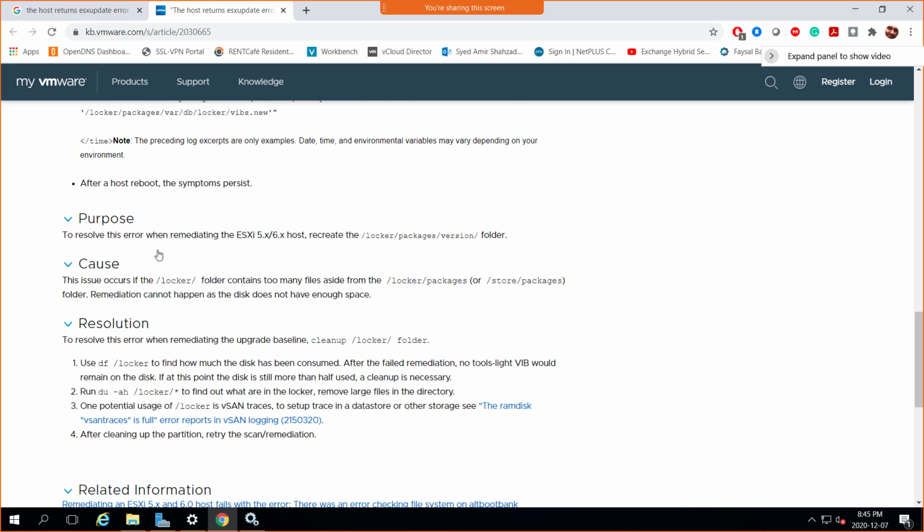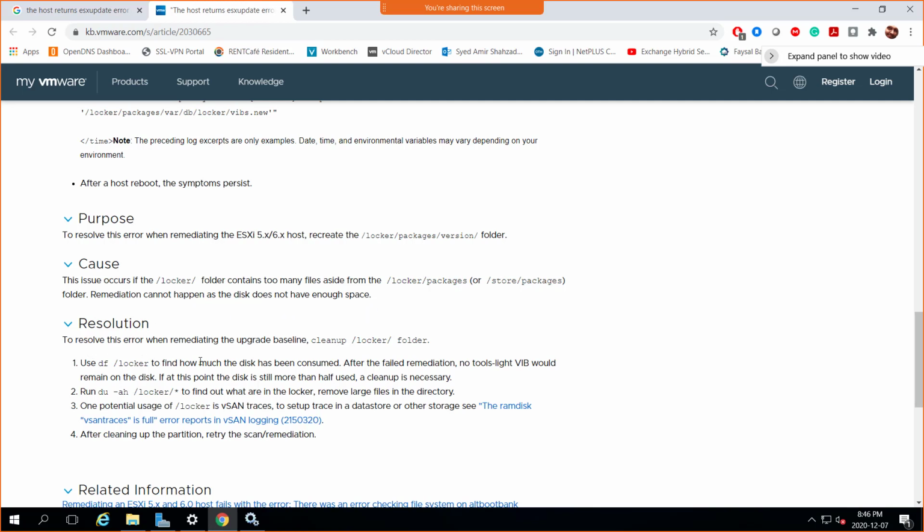Purpose: to resolve this error when remediating the ESX host, recreate the locker packages version folder. Cause: this issue occurs if the locker folder contains too many files aside from the locker packages or store packages folder. Remediation cannot happen as the disk does not have enough space. Oh, you're kidding me?